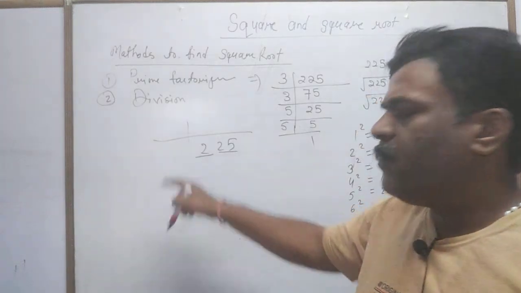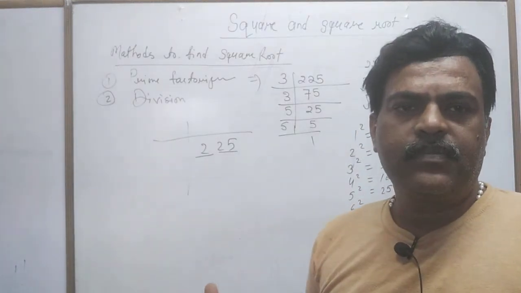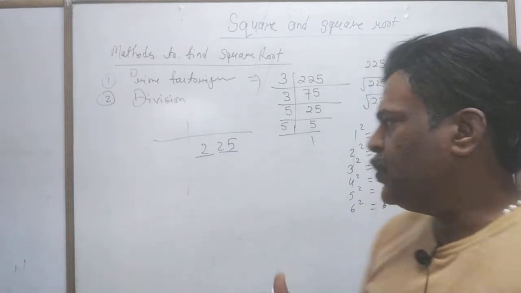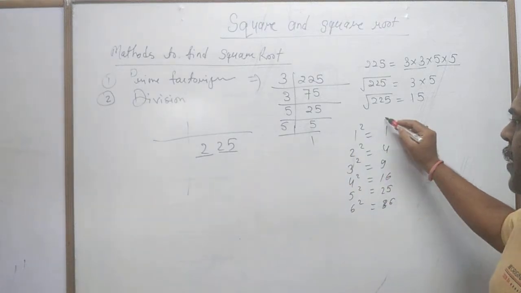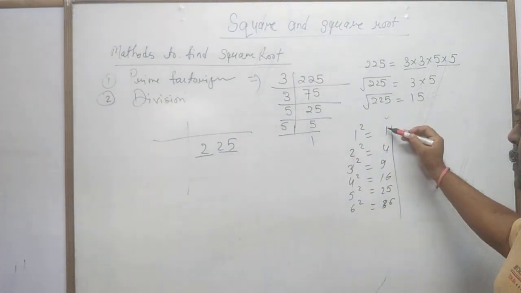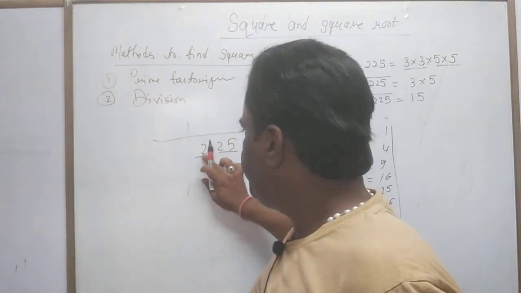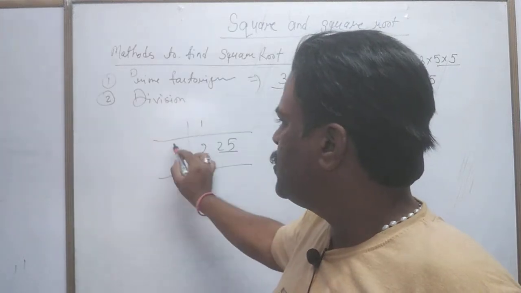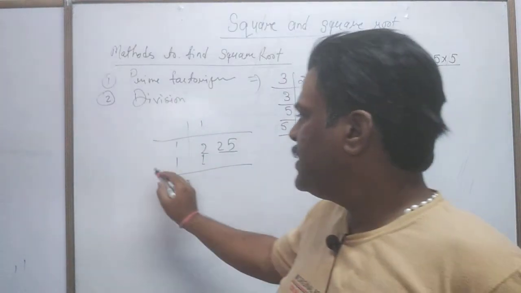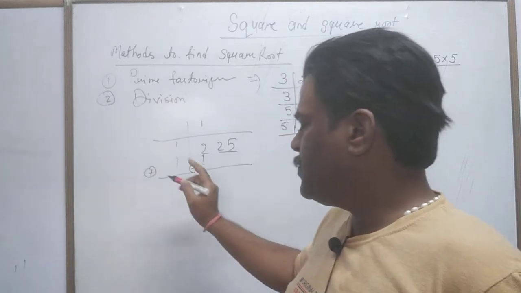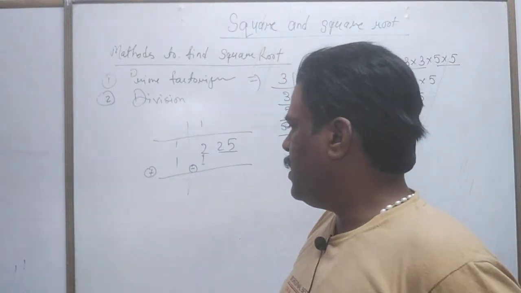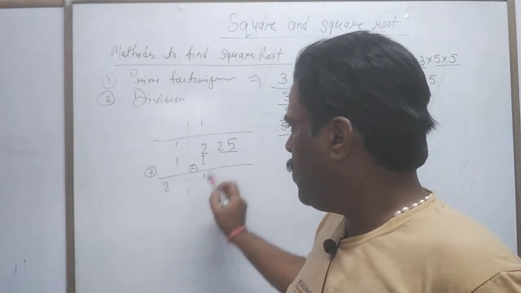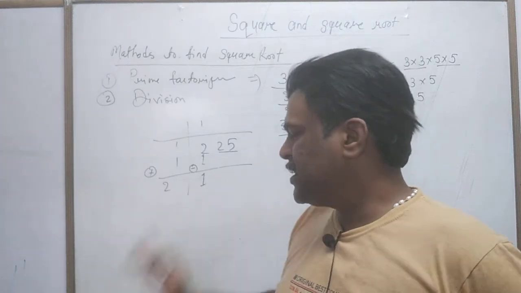Now what is our number? The number is 2. Now we have to write the largest perfect square number that is less than or equal to 2. So just look in this column. 1 is the number, yes, you can write 1 here. Now what is the square root of 1? That is 1. So just write 1 thrice. Here is an operation of multiplication, here is an operation of addition and subtraction. 2 minus 1 is 1 and 1 plus 1 is 2. Now the first step is completed.